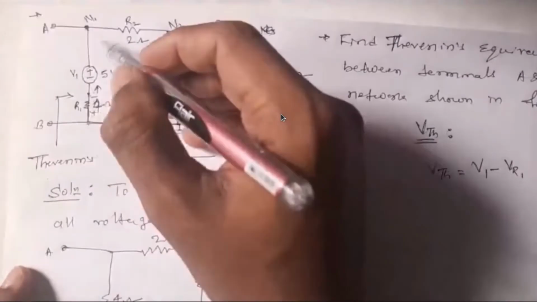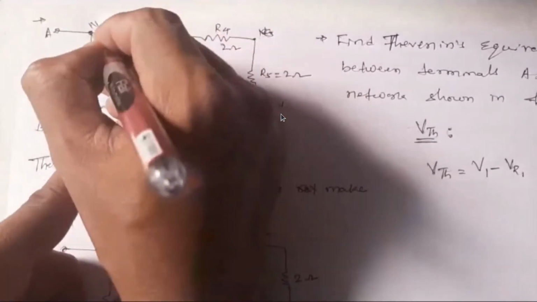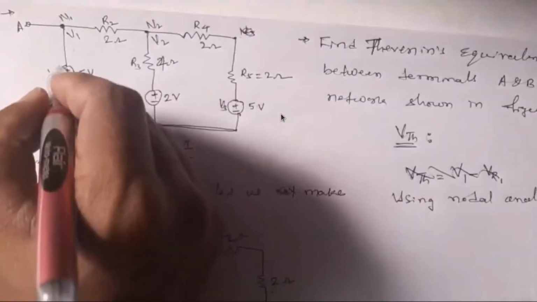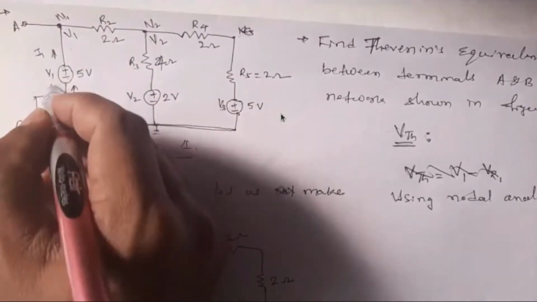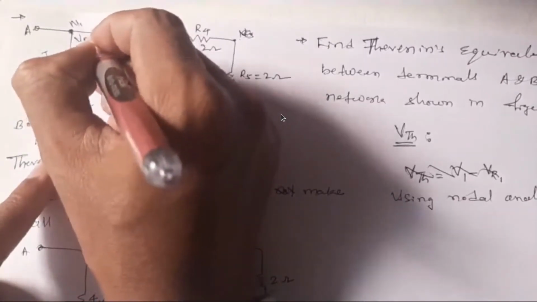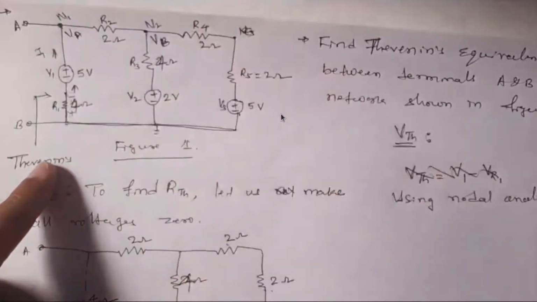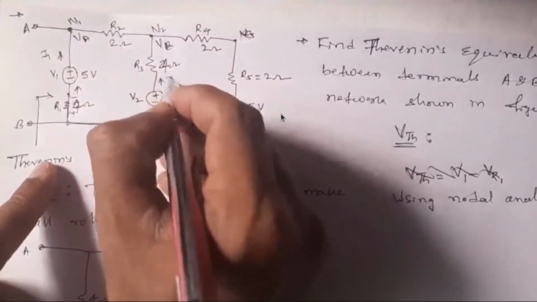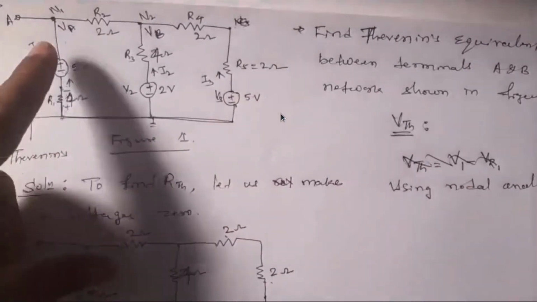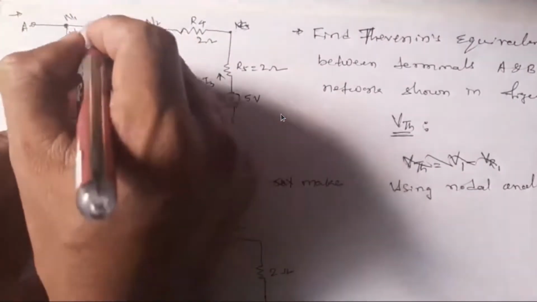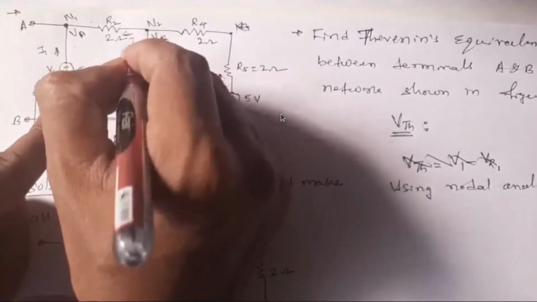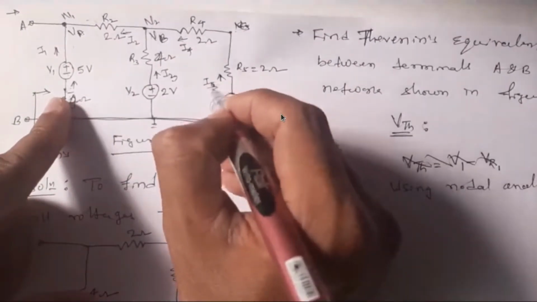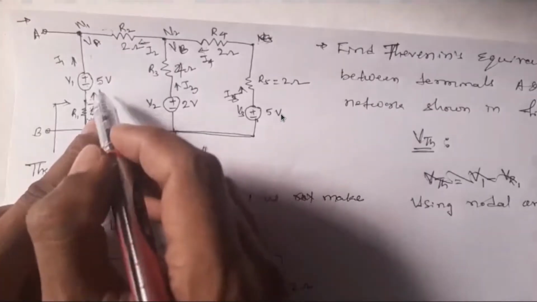If I write this node, this is N1. I consider voltage at this point is V1. Voltage at this point is V2. Using node analysis, this is already V1. I'll consider here VA, this is some VB. Using nodal analysis, this current I1, here this current I2 and this current I3. Three currents are there. And you should write one more current, I1, I2, this is I3 and this is I4. This is say for example I5. Everywhere I considered the branch currents. First, this one is I1.